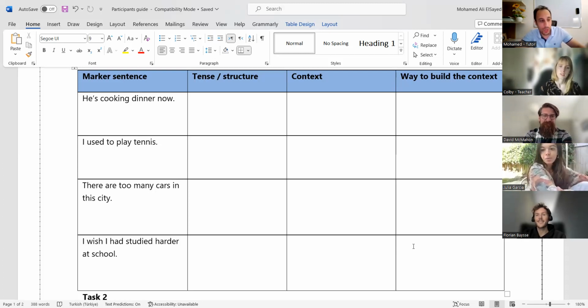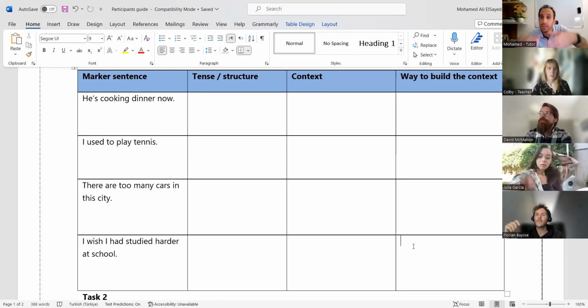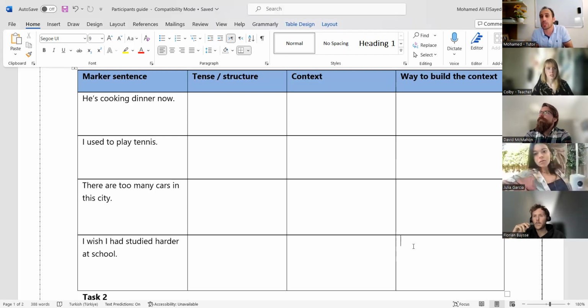So a picture, or if there are students still studying, you can ask them, how do you study? Do you study hard? Why not? Is it easy? Like a dialogue. You can just ask 2 or 3 questions or put them on a slide and students discuss that in 2 or 3 minutes and you listen to them for a couple of minutes, then you move on with your lesson. Anyway, I'll leave you with the other